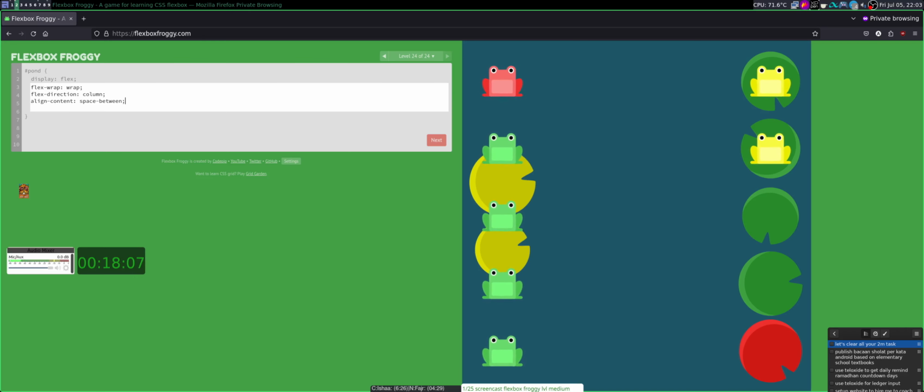So flag direction is column. Okay, but if column reverse, the green is appearing first.